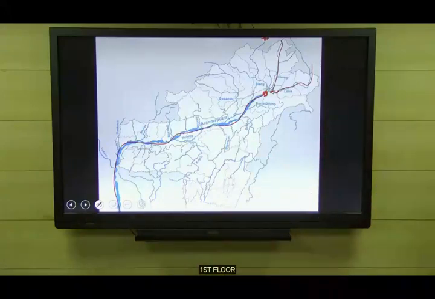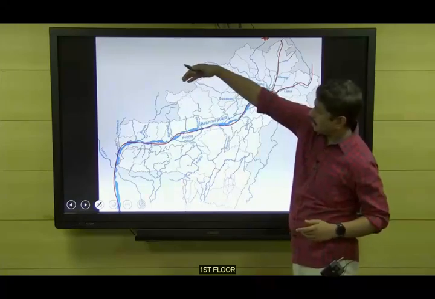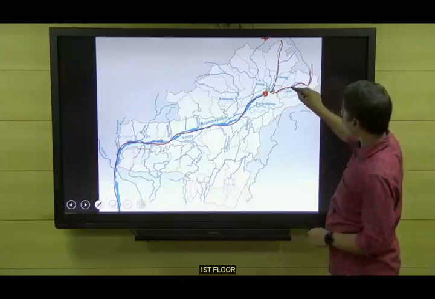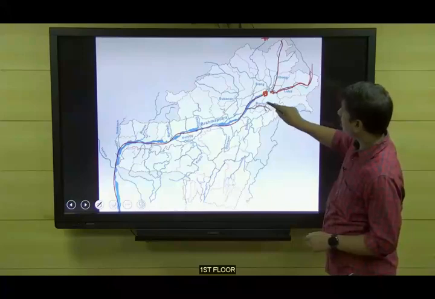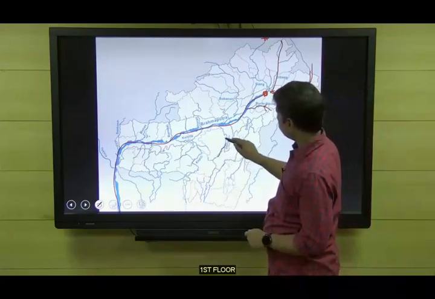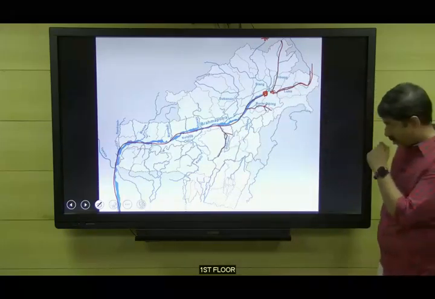What are all the tributaries? Right hand and left bank tributaries. What is the right? Whatever it is like this, it is right hand. Whatever this side, it is left bank. Okay. Left bank, Lohit itself is a tributary on the left bank. Burhi Dihang is one of the tributaries in the left bank. Dhansari